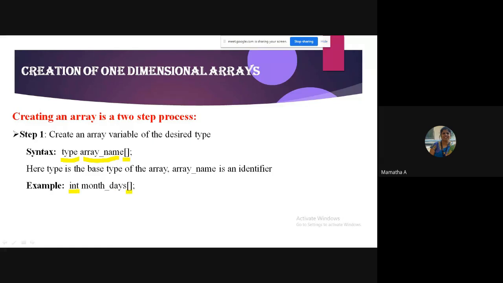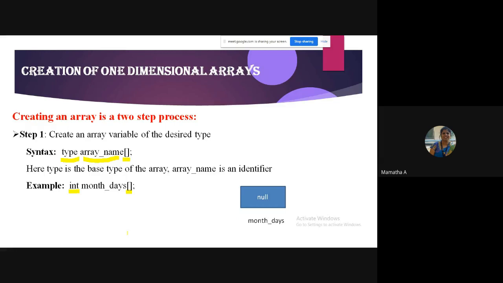So when I do this statement in Java, understand that month_days is just a variable. It does not hold an array of integer elements. Storage, memory allocation is not made. That means when I do this, month_days is simply a variable.